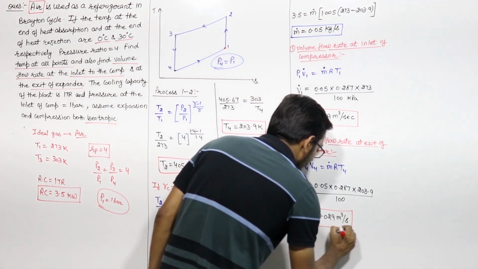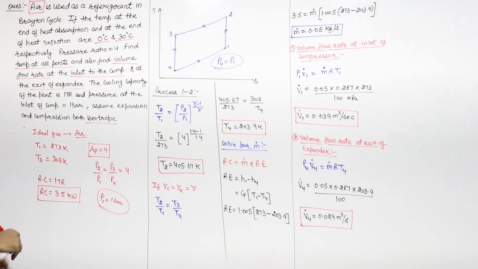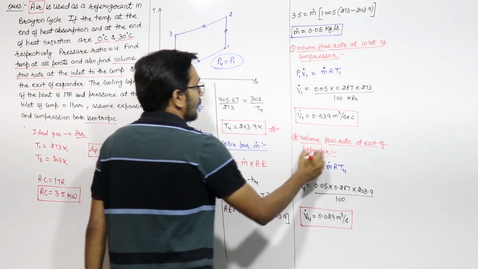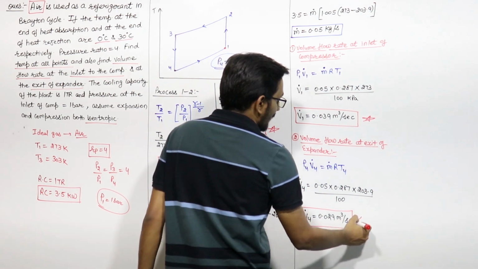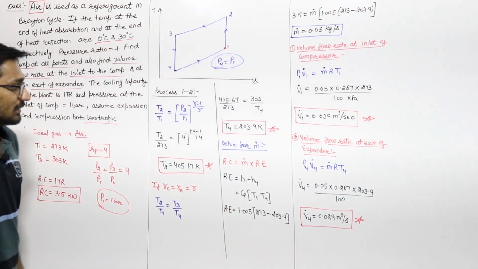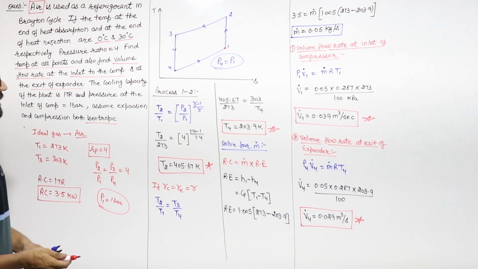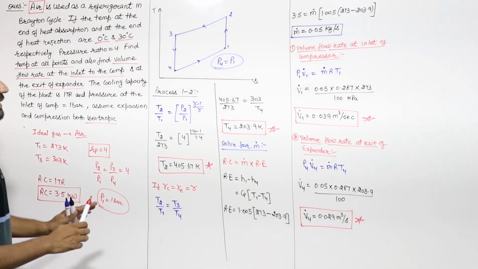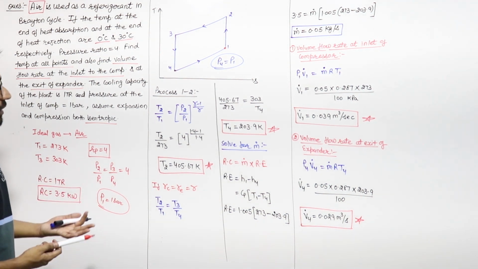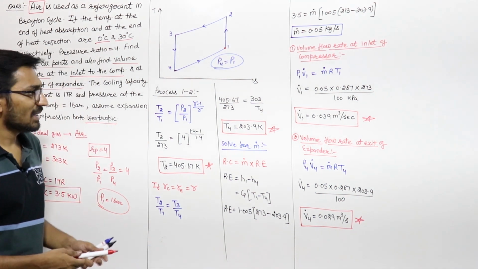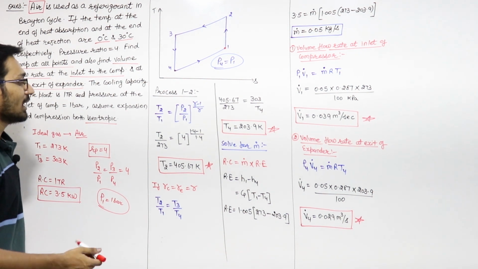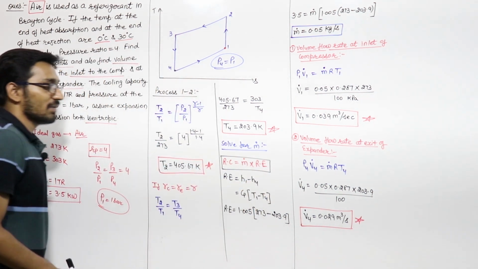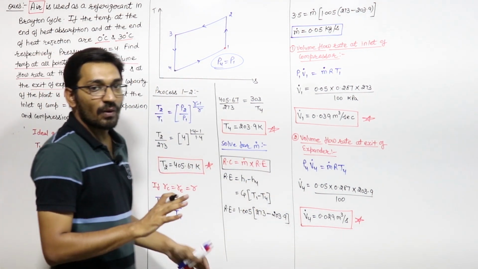So we have to find the temperature at all the points, right? So T1, T3 are given. So we find this T2 and T4 and volume flow rate at the entry of the compressor and at the exit of the turbine or expander. These 4 things which we have to find out. So this is a very basic question, nothing more serious. It is a very normal question, and if you are okay with all of the formula of thermodynamics and basic equations of refrigeration and air conditioning, that this equation we used here, refrigeration capacity is equal to mass flow rate into refrigeration effect. If you understand this, then this is a very easy going question, right?